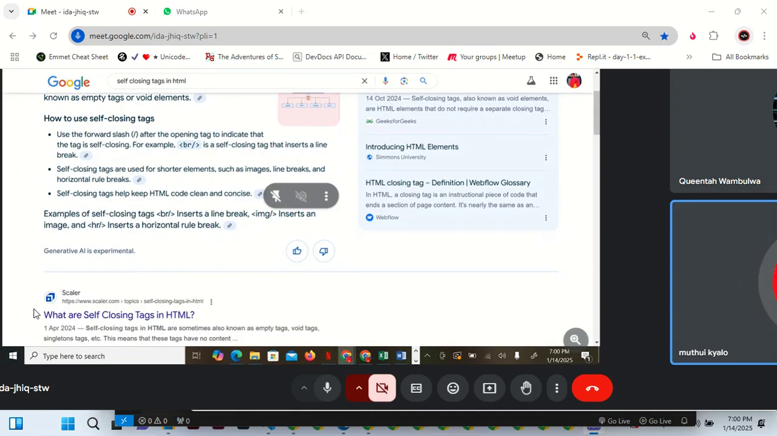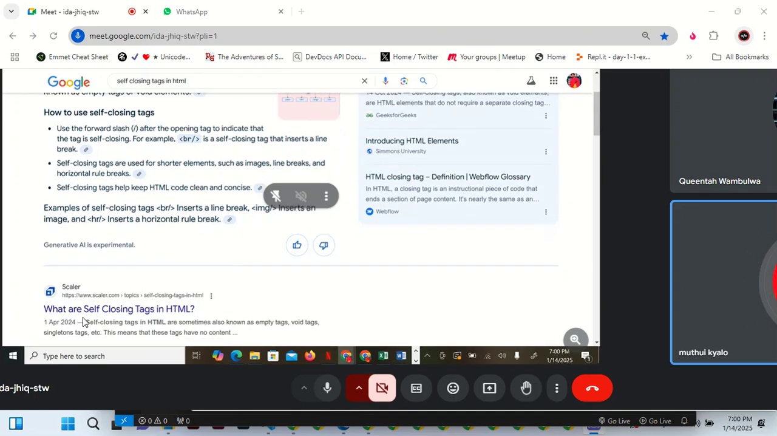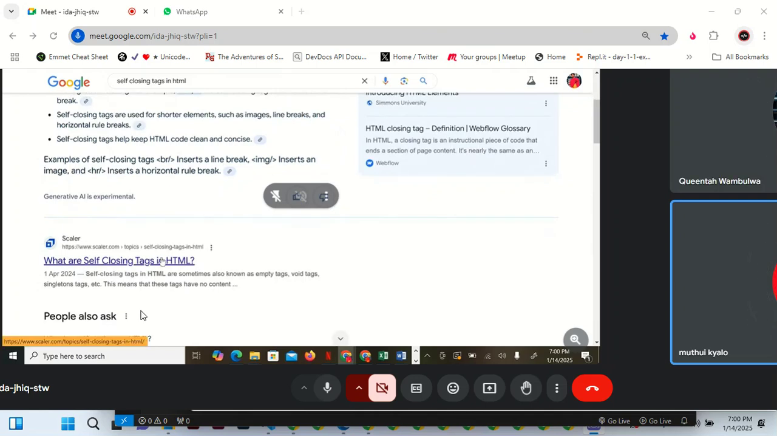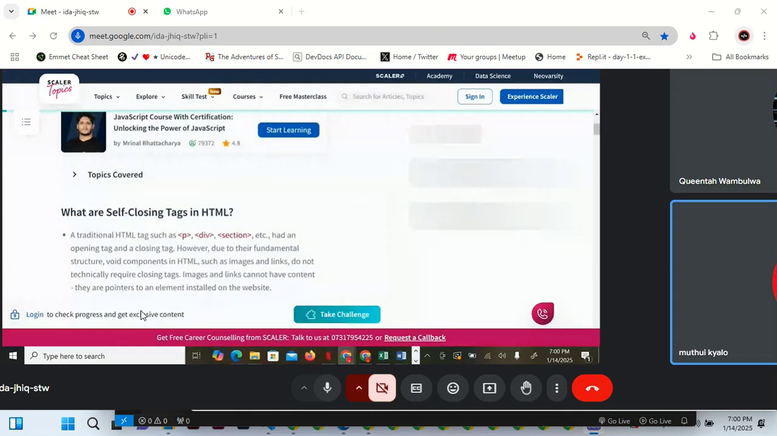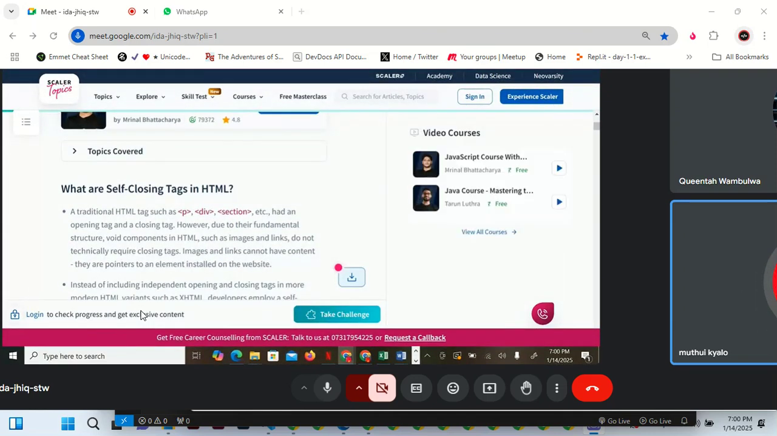There is another question that is asking, what are self-closing tags? And then this guy is talking about what are self-closing tags. A traditional HTML tag such as paragraph has an opening tag and a closing tag. However, due to their fundamental structure, void elements in HTML such as images and